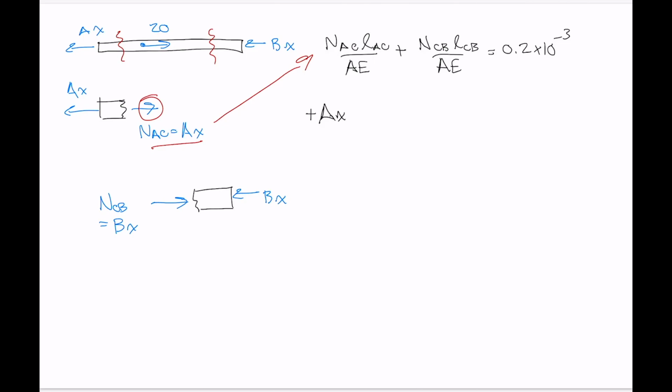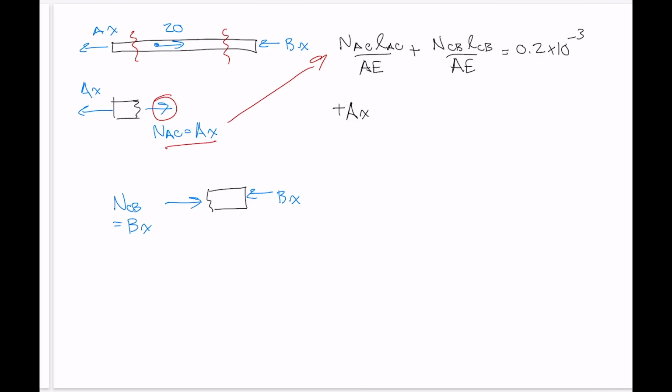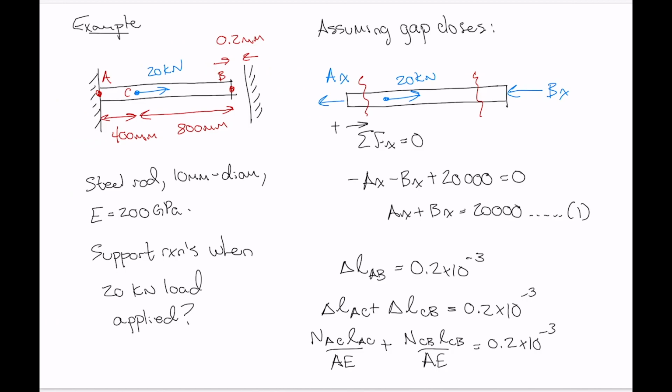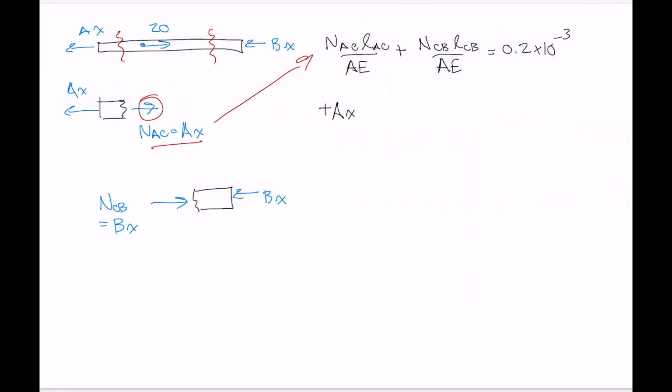Let me just make that a little bit nicer. We've got positive AX, and then LAC, what was our length there? We had 400 millimeters, so we've got 0.4, and then we'll divide by a common denominator, so we'll do our